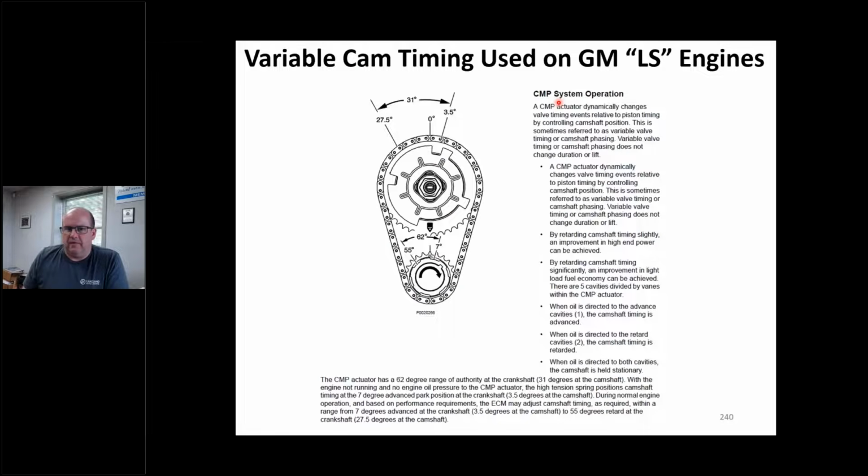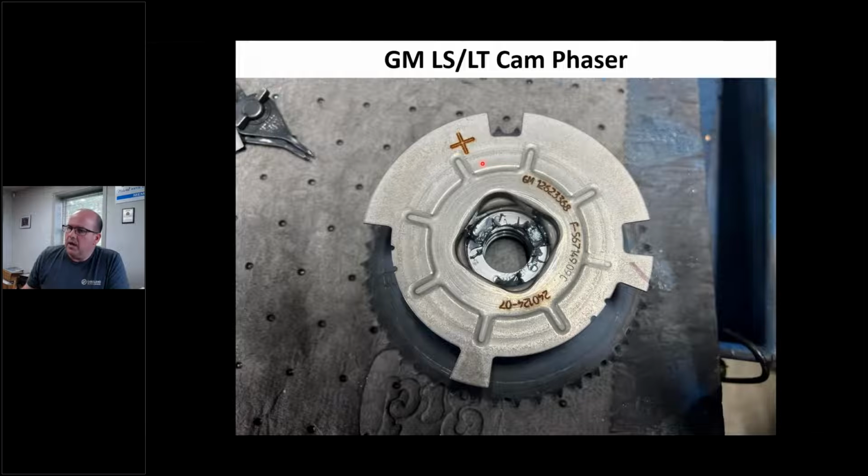I took this out of a Volvo Penta service manual, and this talks about the variable valve timing. Again, this is not a diagnostic class, but I just want you to be aware of something. This thing's got a range of motion of 62 crank degrees, 31 cam degrees, right? Cam degrees is always half of crank degrees. But I'm interested in something, because I could make a mistake, or maybe the engine doesn't run right, so I might have to coach or at least help the installer. And the reason I say that, well, when I get here, is this